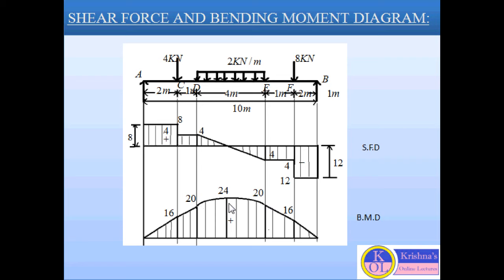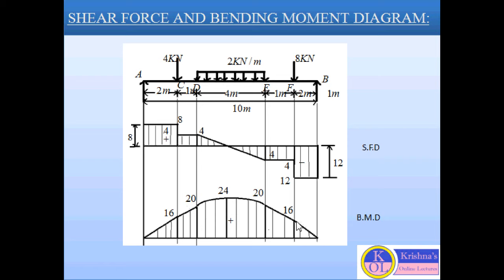But I told you about the maximum bending moment. We already found the value of maximum bending moment at the middle of the span, or x equal to 5, where the value of shear force is 0, because the bending moment is maximum when the shear force is 0. So at this position the shear force is 0, and at this position also the bending moment will be maximum. So at the middle of the span, we will draw the value of maximum bending moment. So between D and E, the curve will be a parabolic curve.